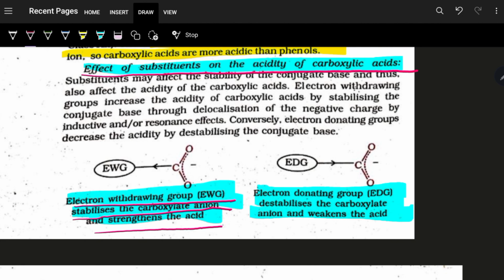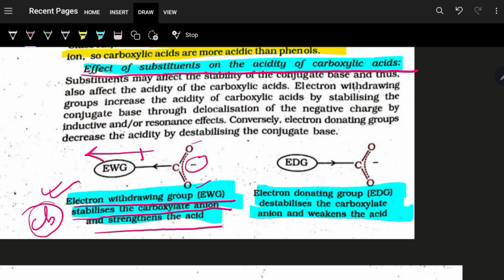So if it is an electron withdrawing group, then it takes away electron density towards itself, meaning it reduces the negative charge density that exists between the two oxygen atoms on account of the resonance. So this causes better negative charge delocalization and hence greater stability of the conjugate base and hence greater acidity of